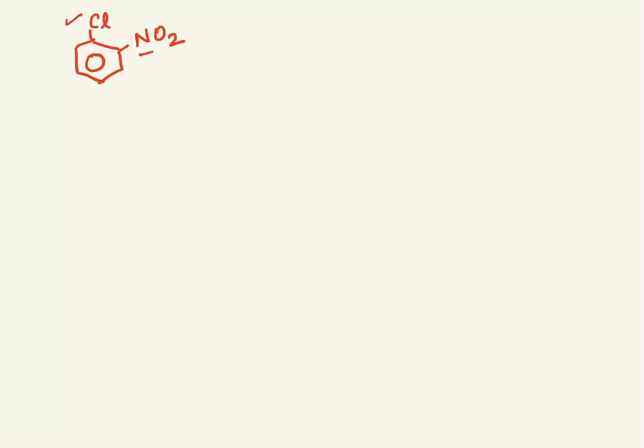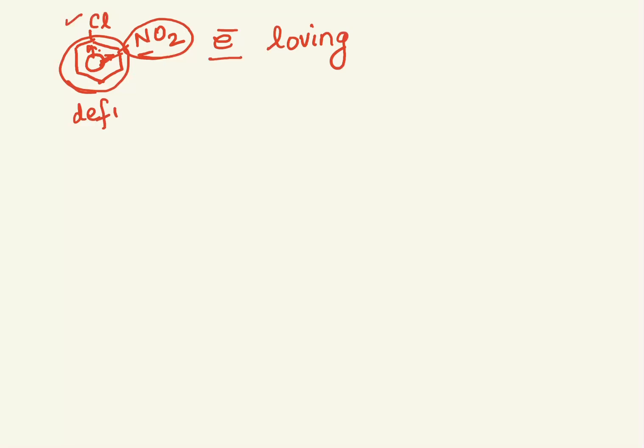Now, because we've got an electrophile, an electron loving group over here. Electron loving means it will withdraw, it will take up the electron. Come electrons, come towards me. And there is this another group which says, okay, come, I can take away the load of the benzene and share some of the electrons. So that's an electron loving group. What happens to the benzene ring in that instance? Yes, it starts getting deficient in